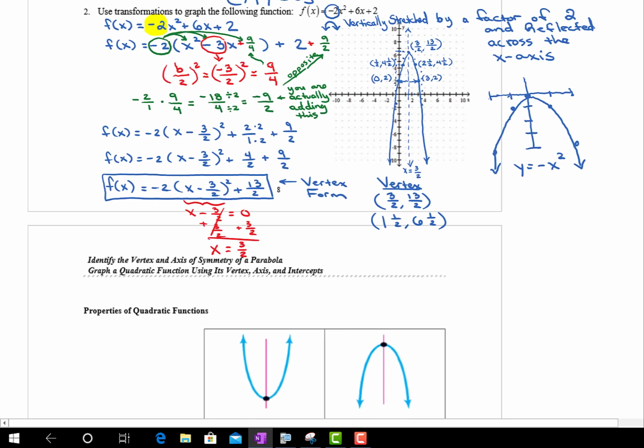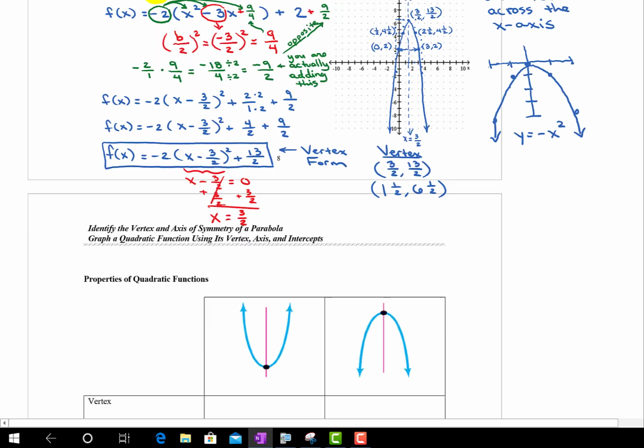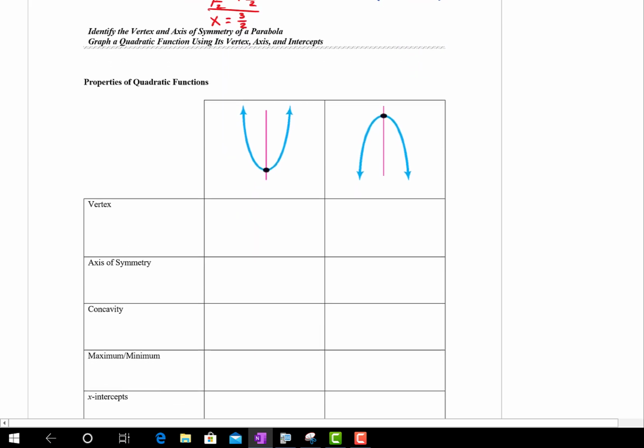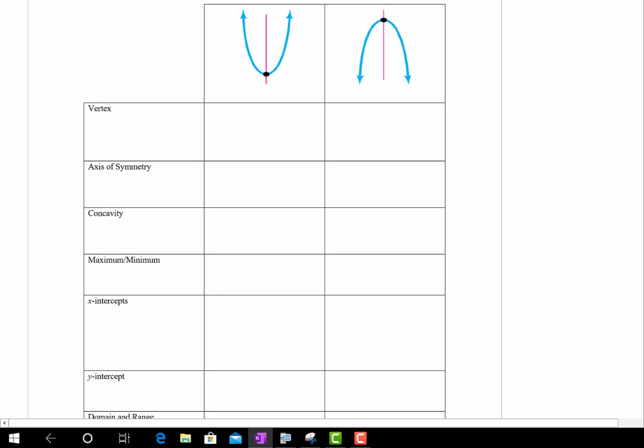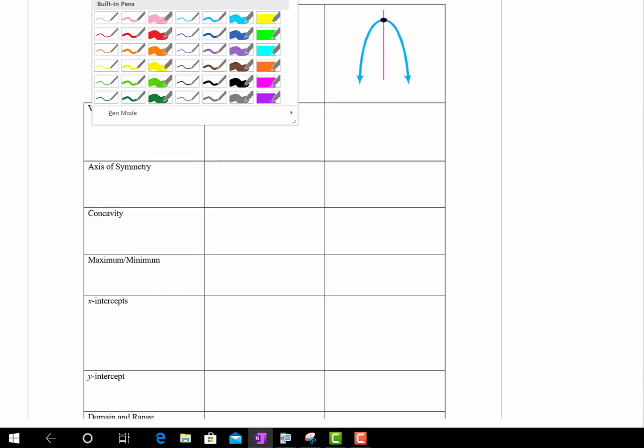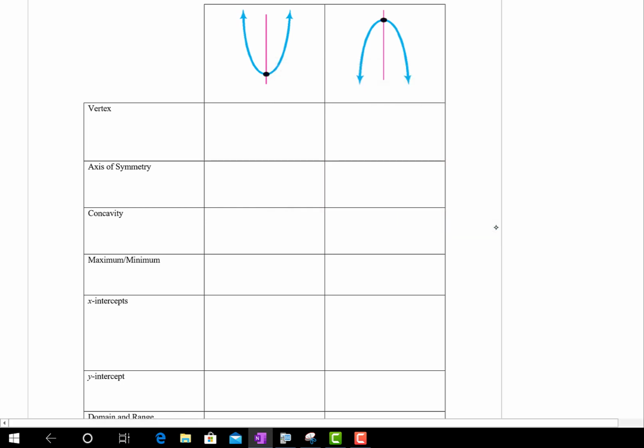Okay, let's go ahead and write down the properties of quadratic functions here for the next problem. We're just going to fill in this chart. For some of these spots, I'm going to try to erase that line in between, because there's no sense in writing two different formulas for finding the vertex when it doesn't matter whether a parabola opens up or down. The vertex formula is the same. And the formula for finding the axis of symmetry is also going to be the same. And same thing with